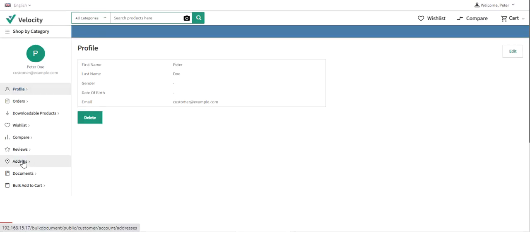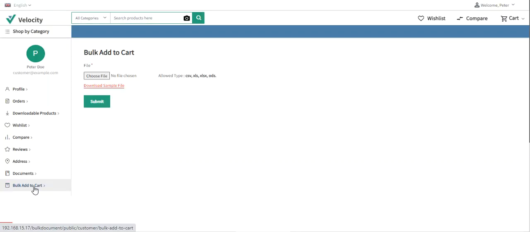Now after the successful installation of the Laravel eCommerce bulk add to cart plugin, the customers will find one option there with the name bulk add to cart. As you can see on the left hand side panel for the account panel options, here you'll find the bulk add to cart option. So if I tap here on the bulk add to cart section, this brings up a